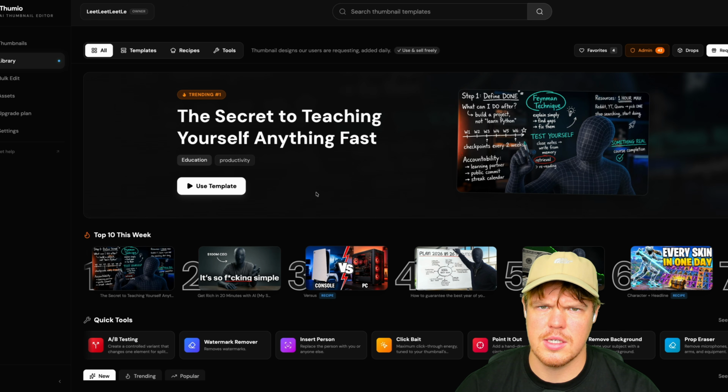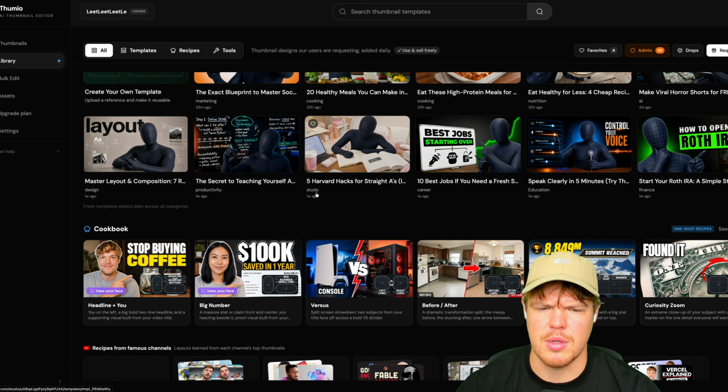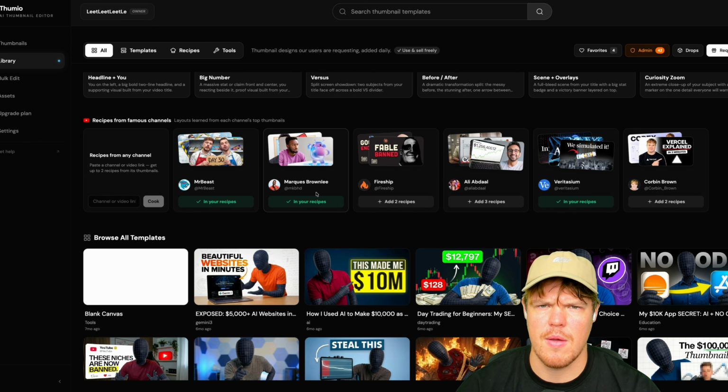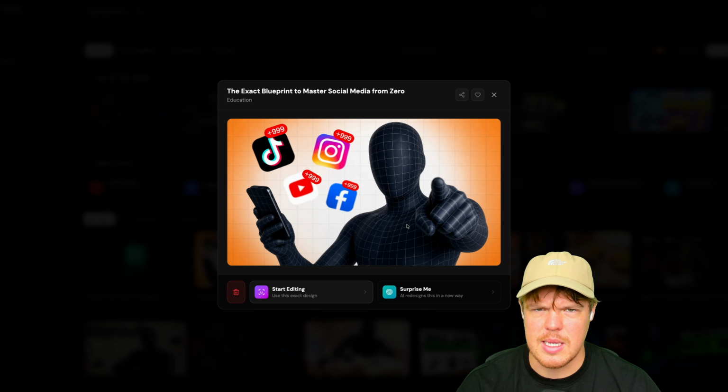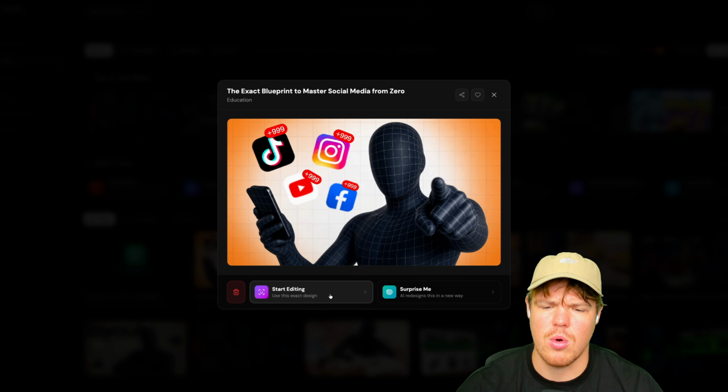Another thing that currently exists on the platform is the library. In the library, you have access to completely free, commercial-free thumbnail templates. These templates are updated weekly, and in your settings, you can enable a notification to let you know when the Thumio drop is coming, so you can see all these different thumbnail templates you can leverage. So therefore, we can simply click it. If you like how it looks, but maybe you want it slightly different, say surprise me,